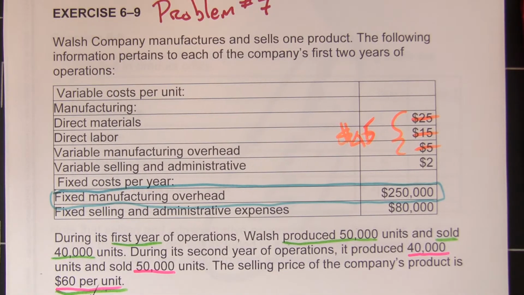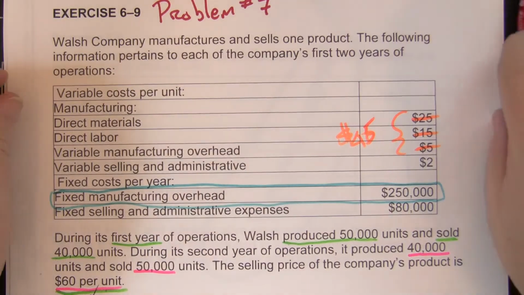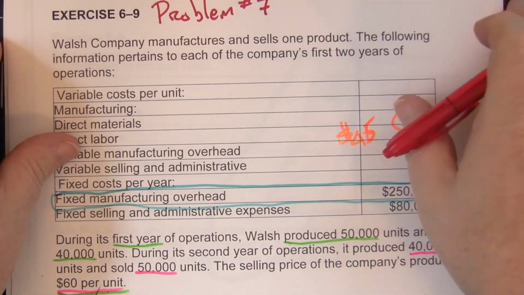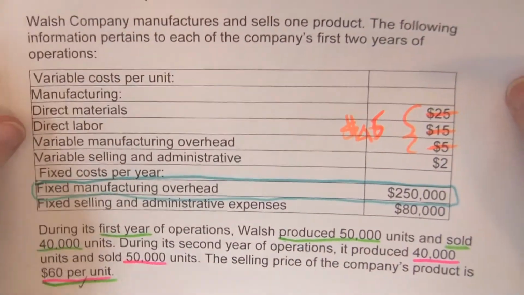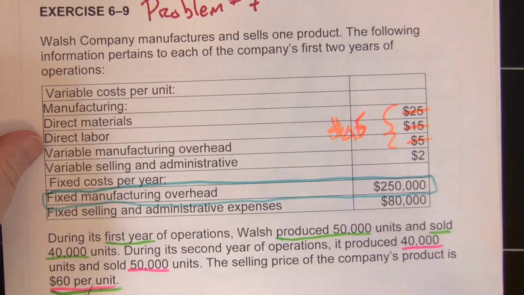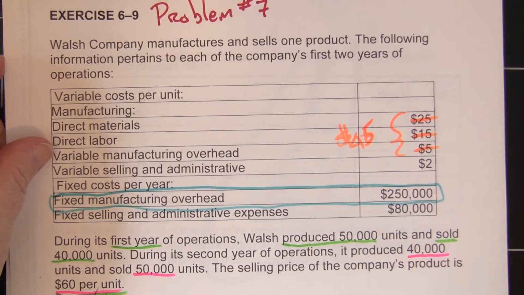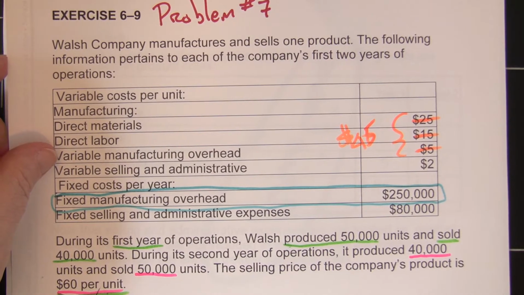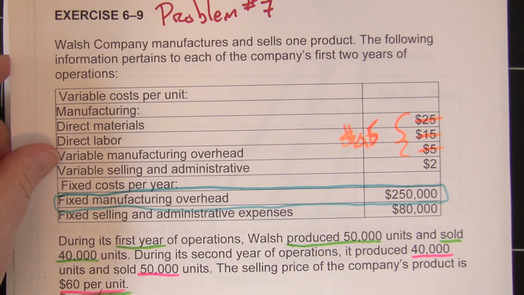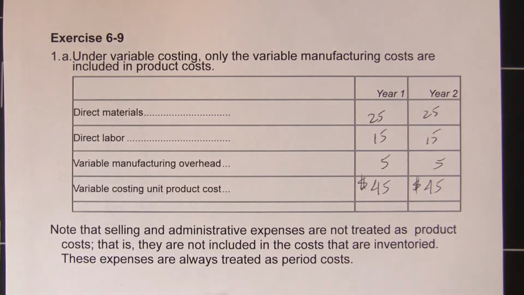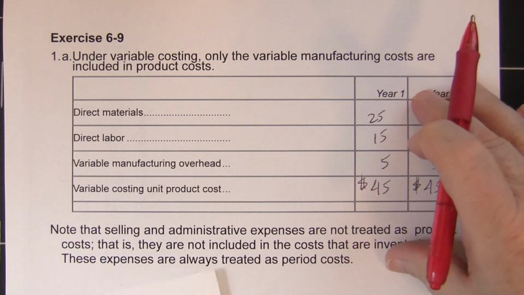So what we have to do is in year 1 and year 2, we have different amounts of the fixed overhead applied to each unit. Because in year 1, we made 50,000, and in year 2, we made 40,000. So all of this stays the same,